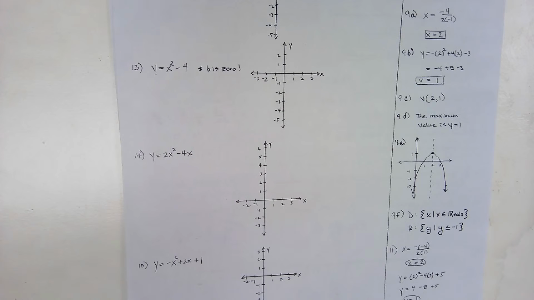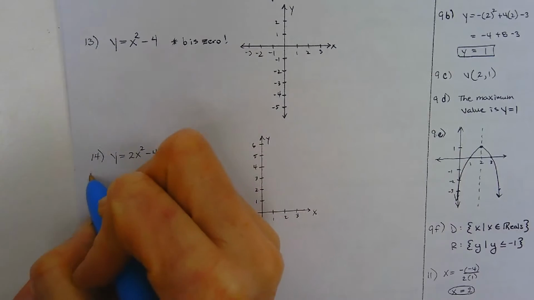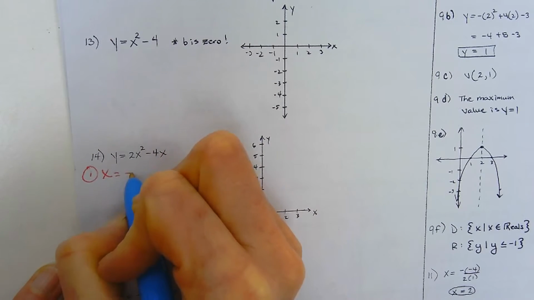Okay, I got a little cut off there, so now I'm going to do number 14. And the first thing I'm going to find is the axis of symmetry, which is x equals the opposite of